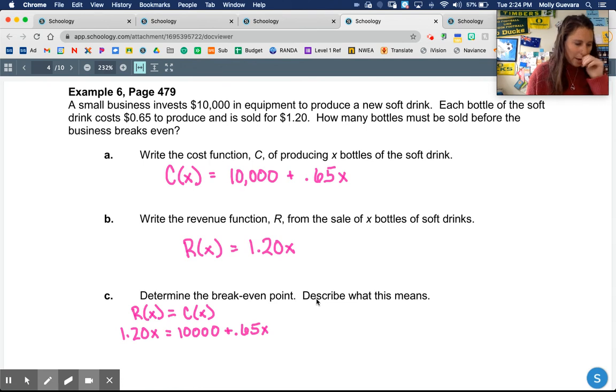So I'm going to subtract 0.65x from both sides, which gets me 0.55x equals 10,000. Divide both sides by 0.55, and I get x is about